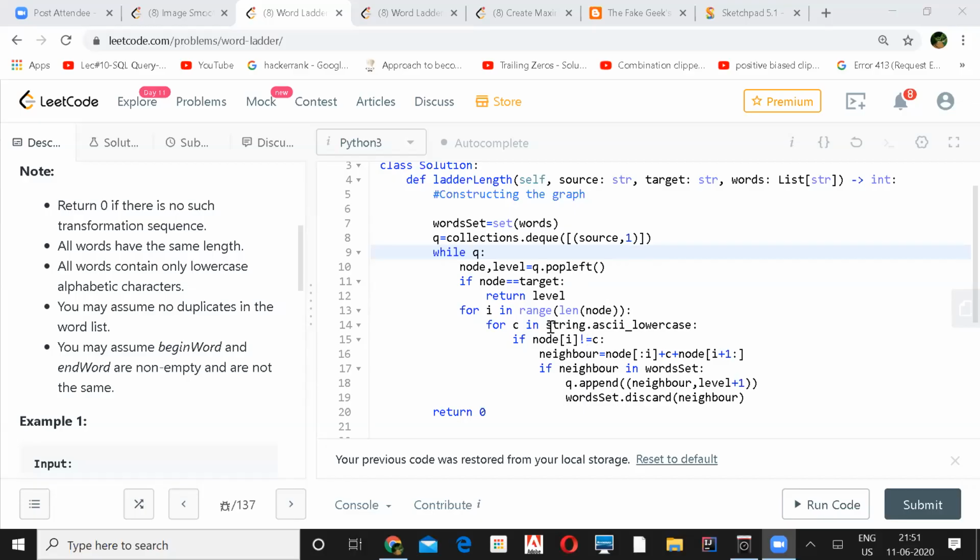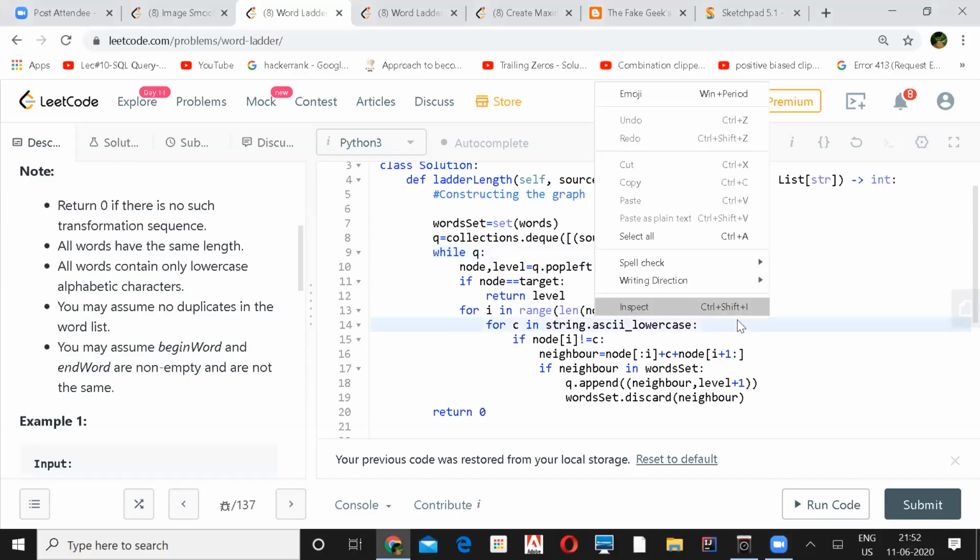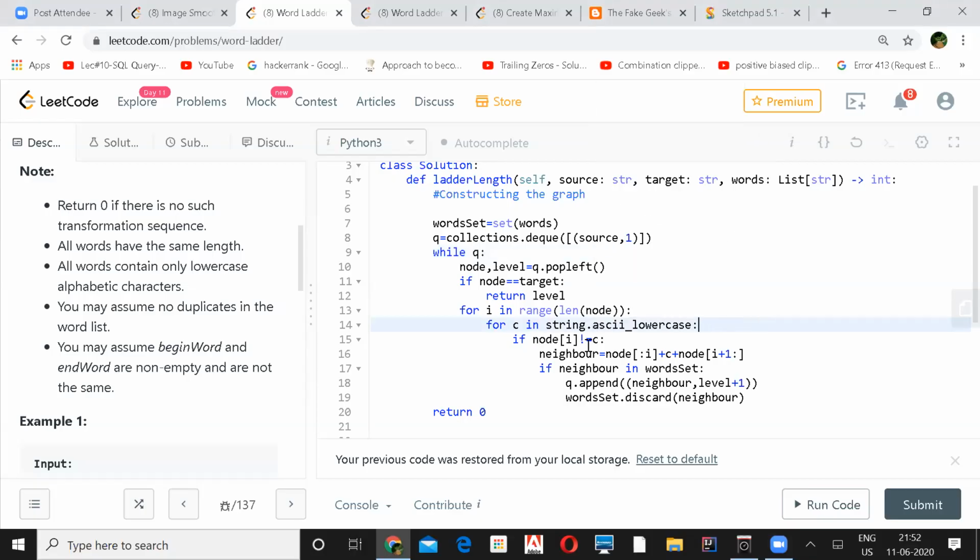It will take all the small alphabets, string.ascii A to Z, and check if that word is present, then replace it and put it again in your word set and continue. So I'm avoiding the creation of the adjacency list.